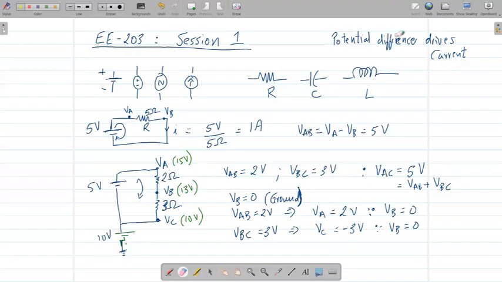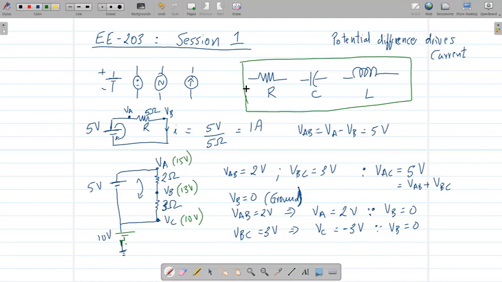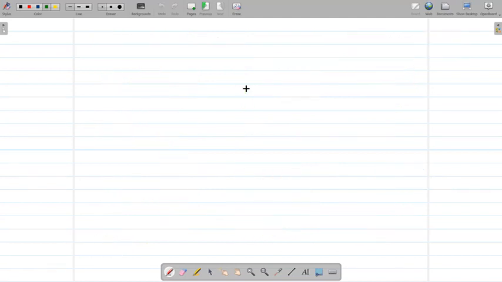Another point that I made was that the elements R, C, and L are linear elements. And in the case of the resistor, in case of the capacitor and the inductor, it's a little more complicated. So I have to qualify that statement properly. With a resistor, it is straightforward linear. So let's start with the resistor networks. And what do we mean by linear?